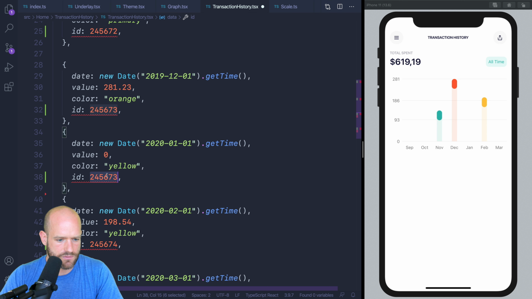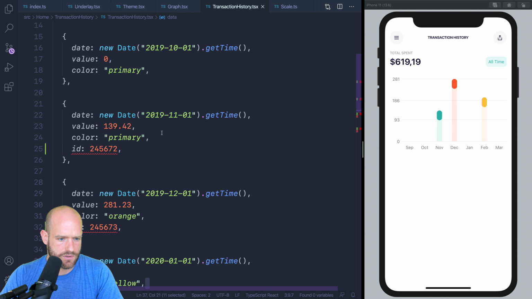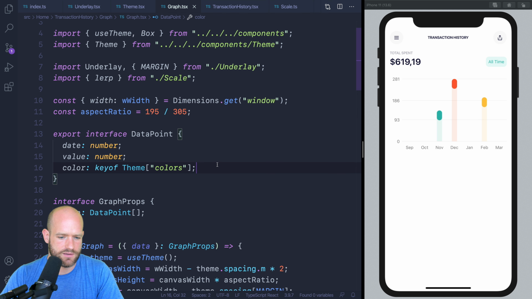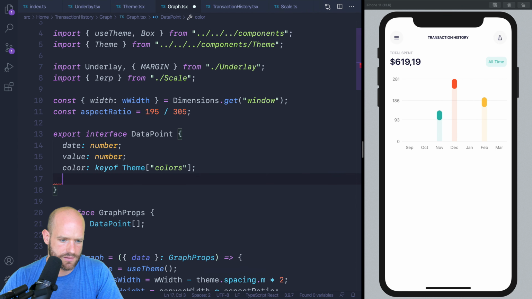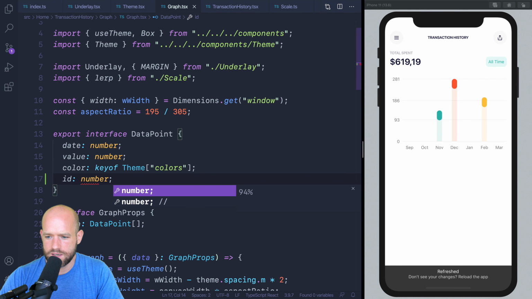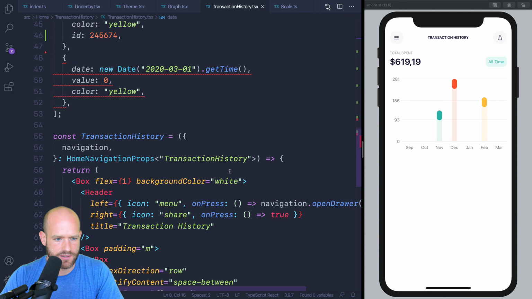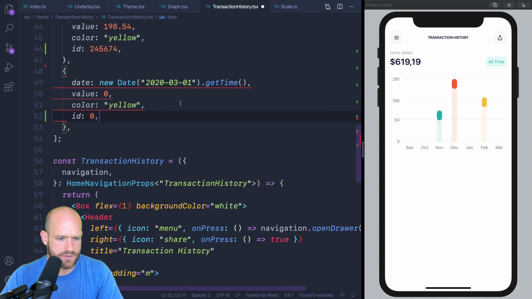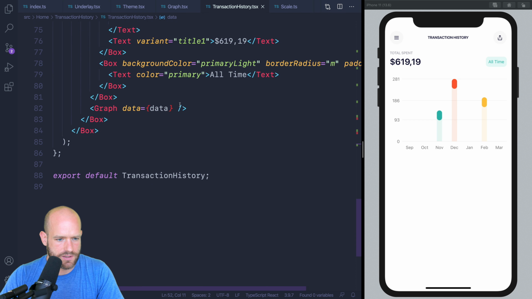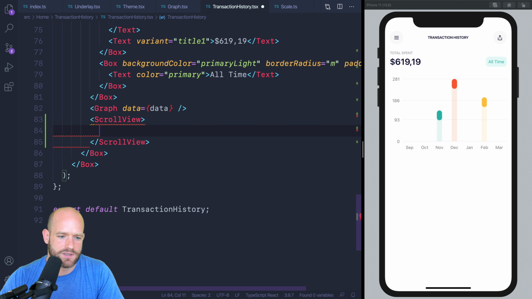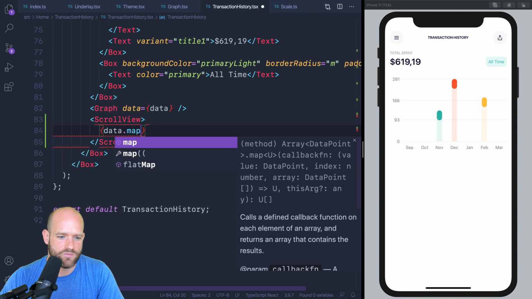And here I can put 0. Okay, and I can add it here. So let's go to transaction history. So we have the graph. Now we have a scroll view. And for each data point, we map